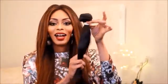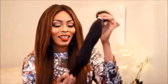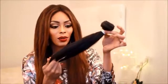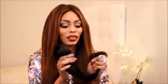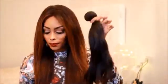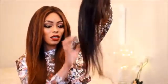We don't carry any kind of hair that is softer than this, and this is more on the medium to high luster type. So if you like hair that is really flowy and really easy to maintain, this is the hair to go with. I actually think that the ends are usually kind of thick compared to the Barbie budget, but I must say, the Barbie budget, when it comes to longer lengths, and this is the straight,